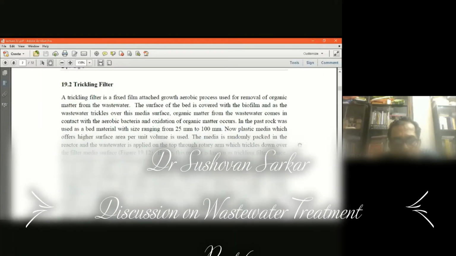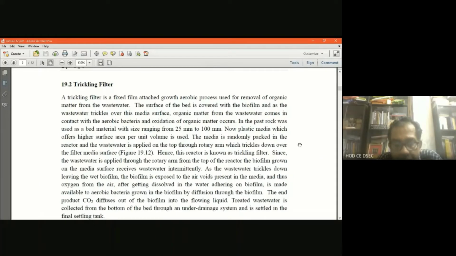With the introduction and detail of the activated sludge process, that is the biological treatment, suspended growth biological treatment. Now today I will discuss a different biological treatment, that is also a secondary process, and also an aerobic biological process, but it is the attached growth process that I must discuss with you. That is the difference between the suspended growth and this trickling filter that I will describe.